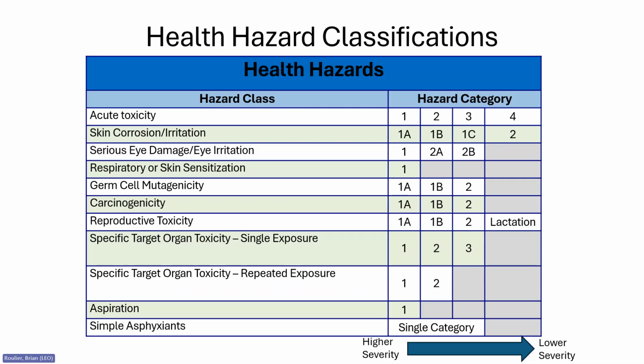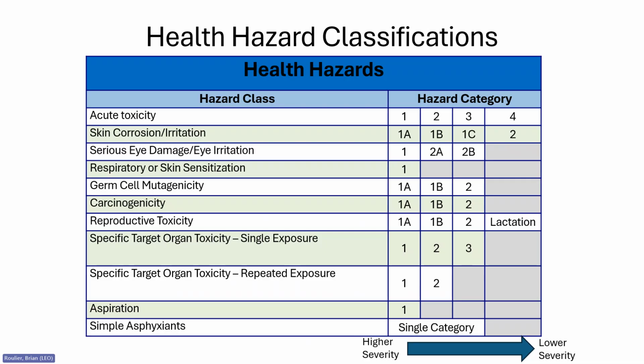The health hazards chemicals must be evaluated for are listed below, along with applicable categories. The severity of hazards decreases as you move from left to right on the chart, with one indicating a more severe hazard. The hazards include acute toxicity, which is serious, potentially life-threatening adverse health effects which may occur after single or short-term exposure, skin corrosion or serious eye damage, skin or eye irritation, respiratory sensitization, which refers to the hypersensitivity of the airways occurring after inhaling a chemical, and skin sensitization, which refers to developing an allergic response after coming into contact with a chemical.